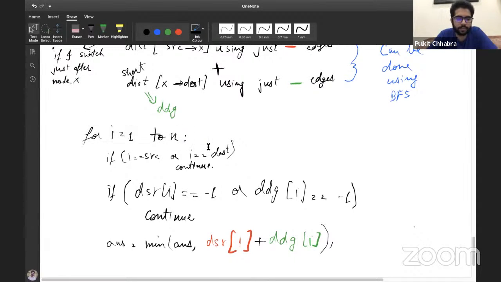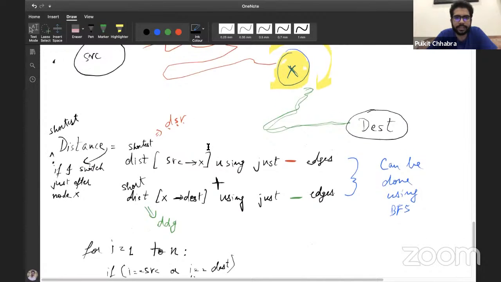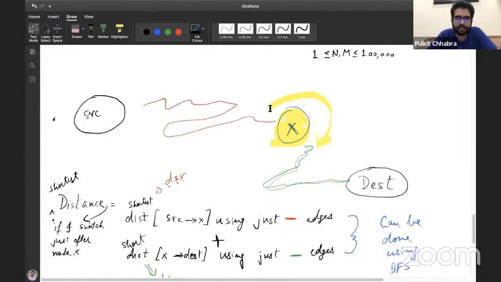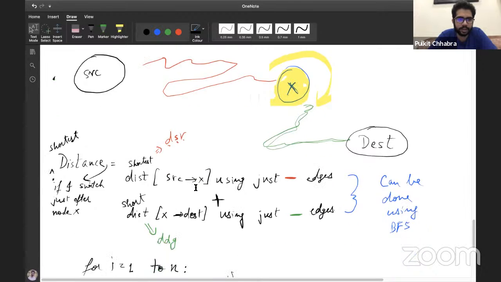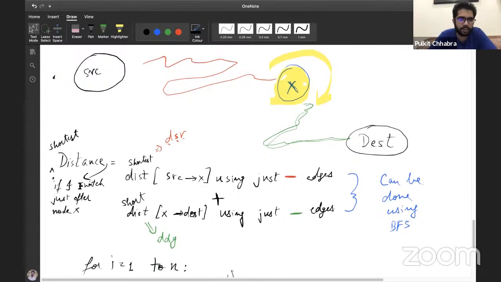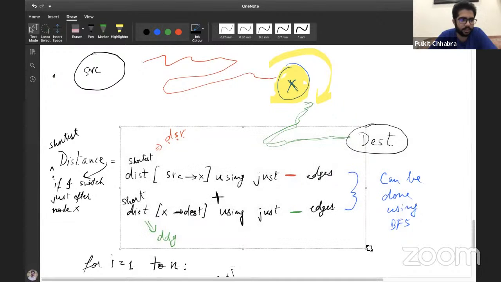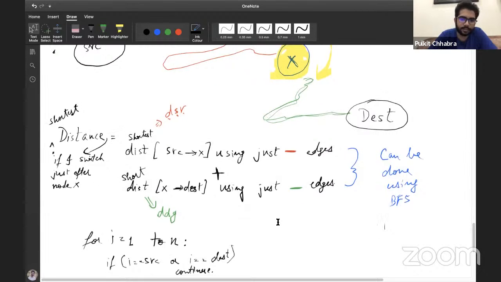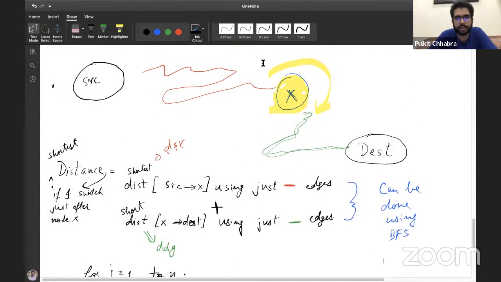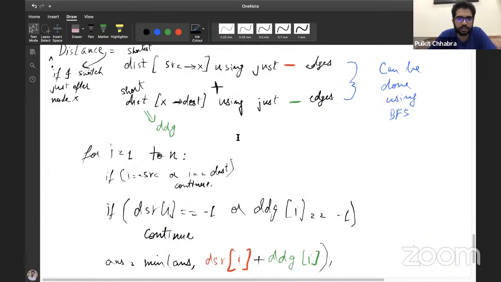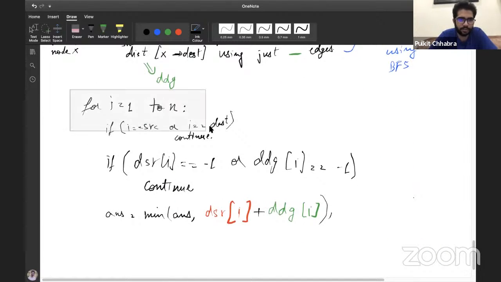We'll go to every node from 1 to n, and we'll check if we transit from red edges to green edges through this node, right? Like I said, in general, the shortest distance if I switch just after node x will be this distance. But I don't know what the optimal value of x is. So the possible values of x are 1 to n.